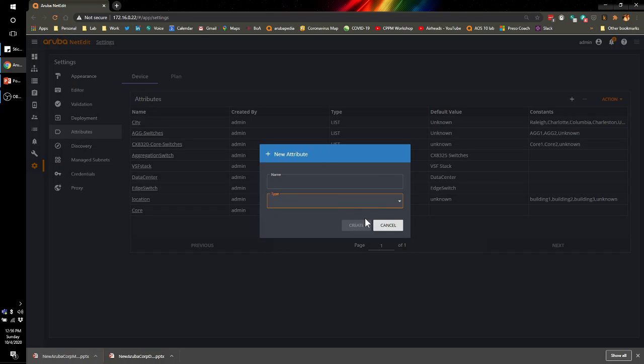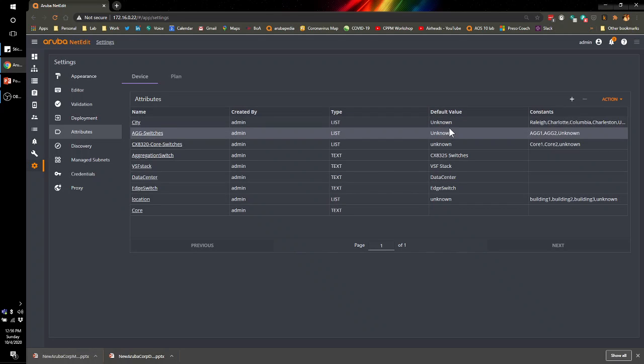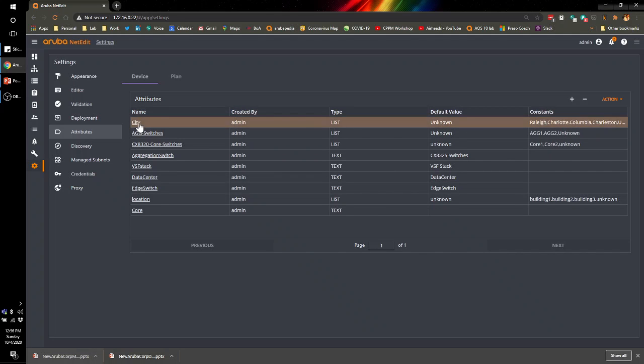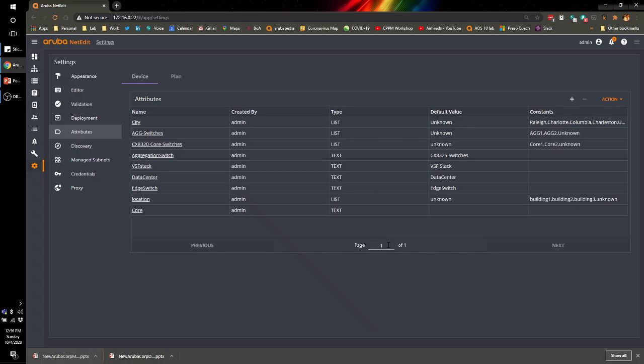So here you'll see I created a list for city. From the city, we defined, let's see if I can edit this, there we go. We added Raleigh, Charlotte, Columbia, and Charleston, and then I added an unknown. Default value is unknown, and then you click save. I made ones for